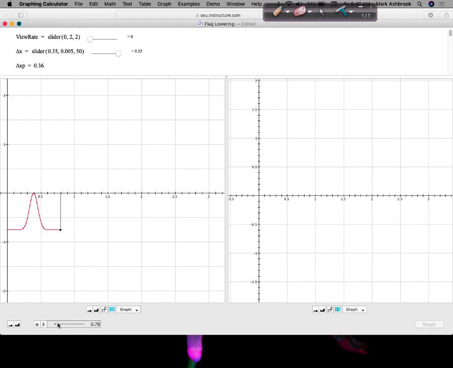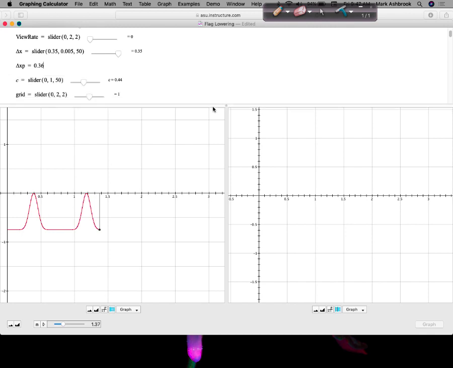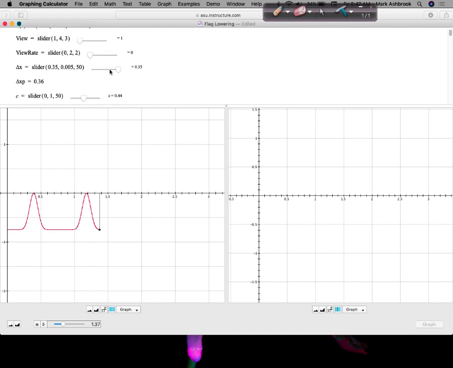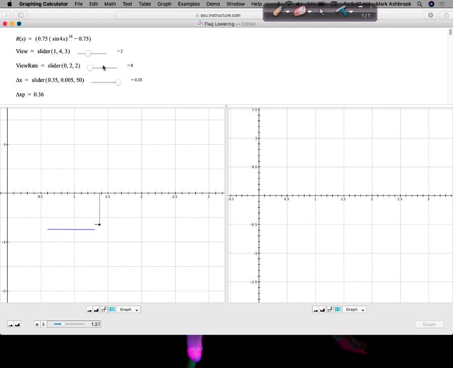In the end, they both get us to the same place. Any pretend rate function made up of constant rates will get to the same place. So we started with these intervals of 0.35. So let's turn on the